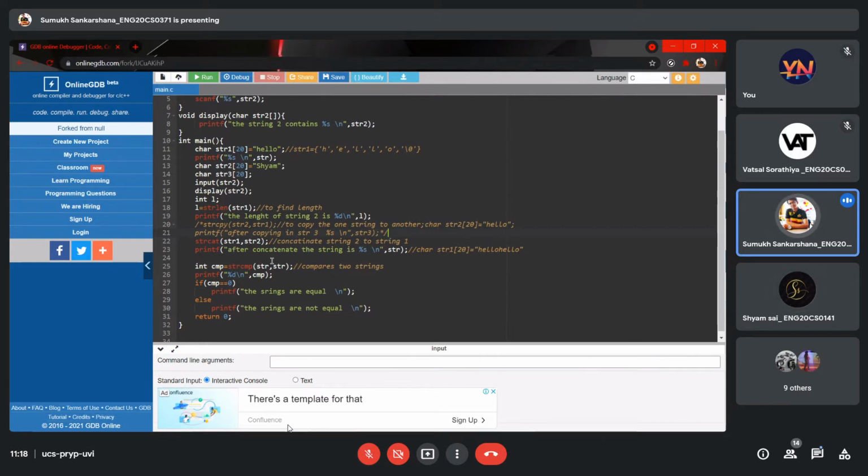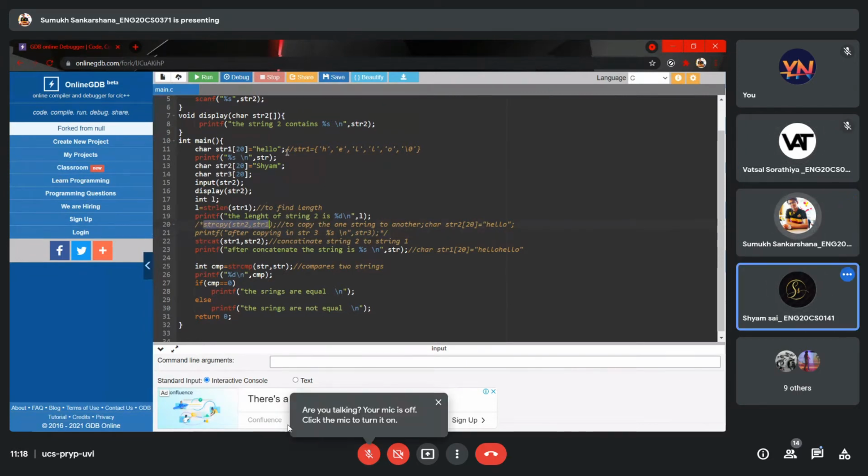What is concatenation? Adding the contents of one string after the contents of the other. There's a third string in which we'll add both strings. If it's hello in string one and Shyam in string two, then technically it should be hello Shyam in str3. See, in copy we replaced Sham with hello, but here we will be adding Sham to string one.